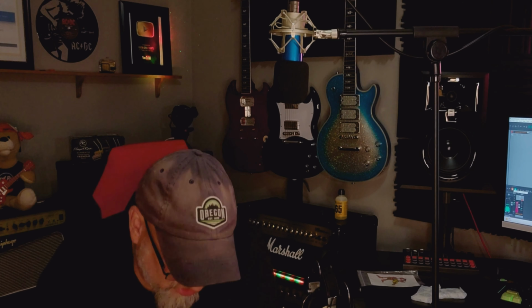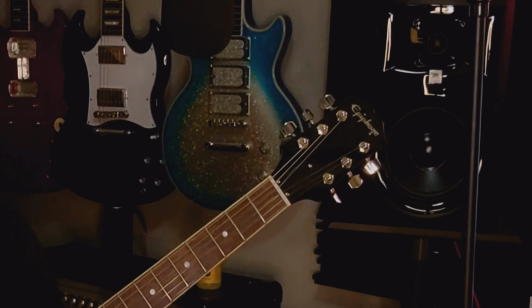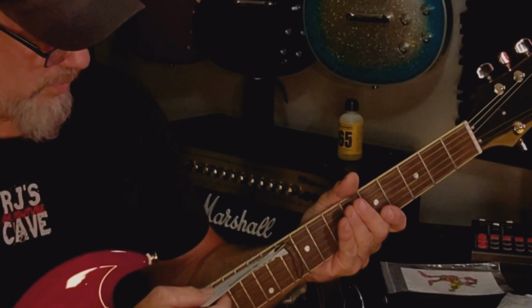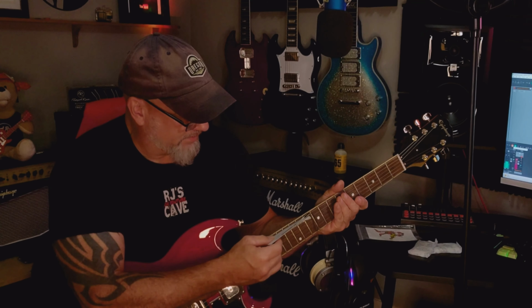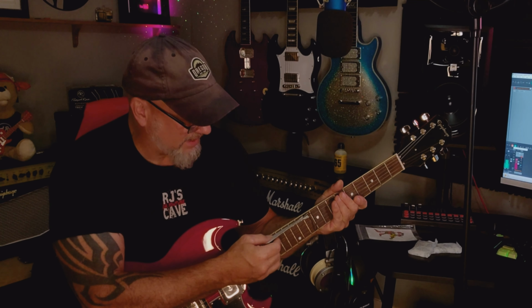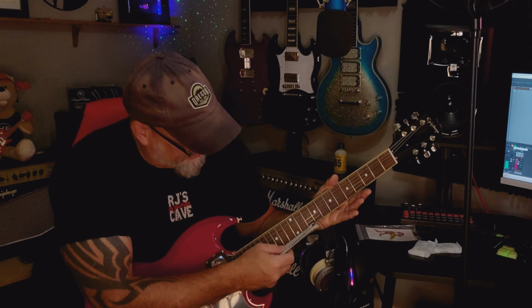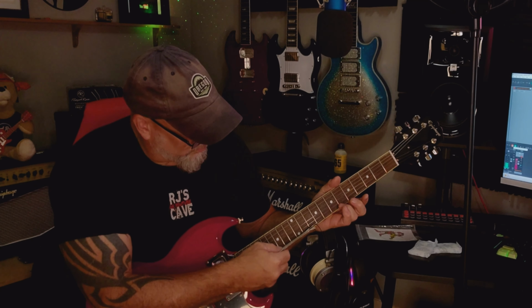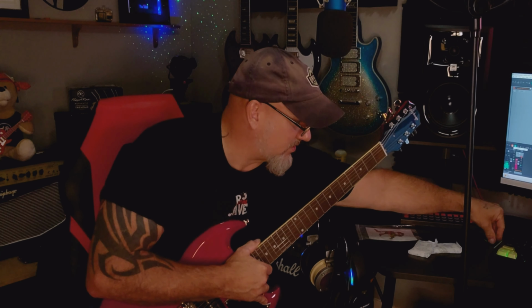I'm going to grab over here and just check the string height on this guitar, see what the action is. And so let's check that action real quick and see what we are in millimeters at the 12th fret. We are in between 1 millimeter and 1.25, so not quite 1.25 and just over 1 on the low E. And we are just a touch below 1 millimeter on the high E. So let's check to see if we have any buzz. That's a low action, especially as it's progressing across the fretboard there. Usually I set them equal, but